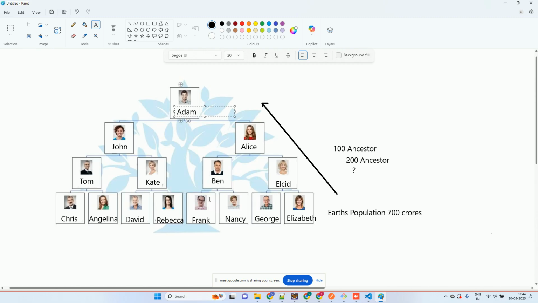So everyone over here in this family tree has directly or indirectly inherited from Adam, correct? So if Elizabeth has a child, he too will be inheriting the DNA of Adam. Yes or no? Let's say Peter,